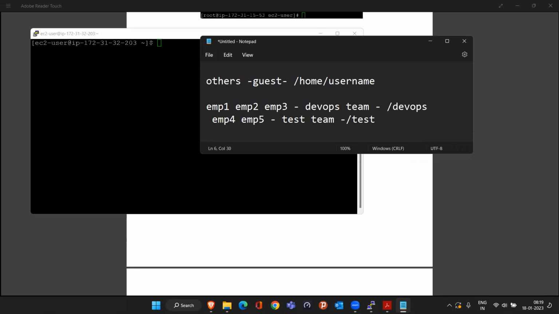Okay, so now we have to give access to this folder and this folder. Who will have access to the /devops folder? These 3 employees. And this /test folder, who should have access? These 2 employees. Once you have the idea of which type of access I have to give to which employee,